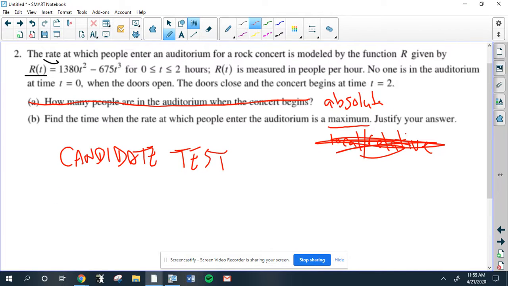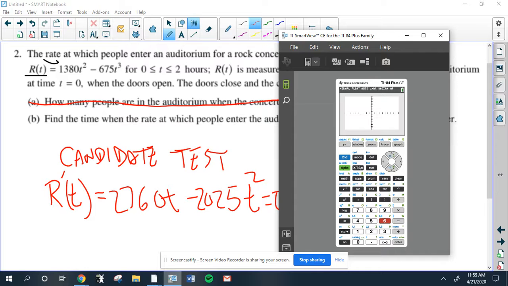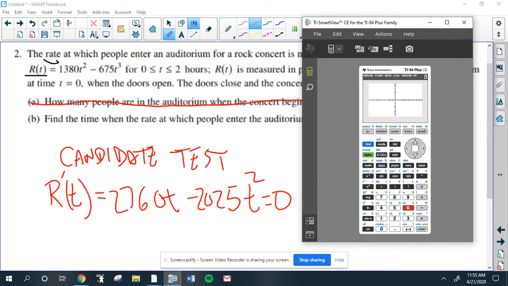So the critical numbers of this function R, that's the derivative, R prime of t, we need to find out where that equals 0. So that's definitely a calculator question. It doesn't have to be, but since you have it,